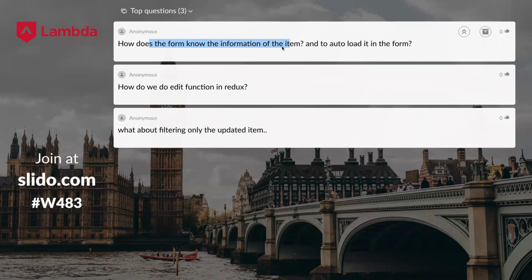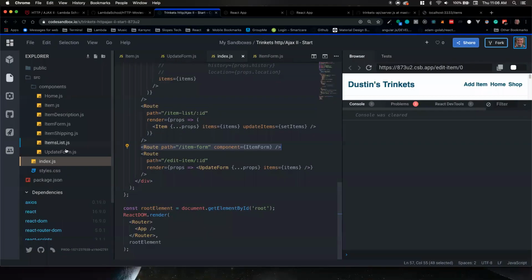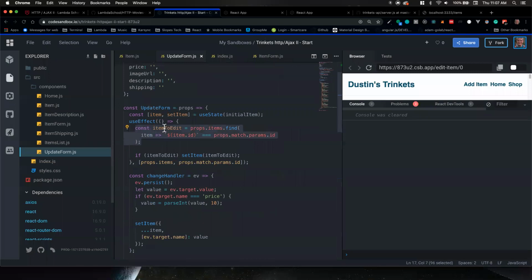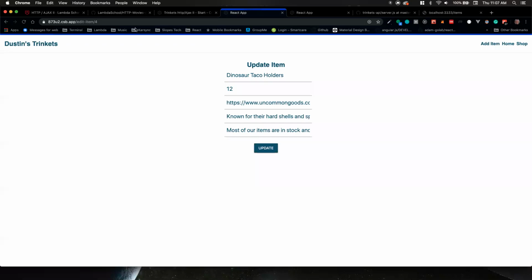How does the form know the information of the item and to auto-load it in the form? Oh, good question. So in update form, we are finding the item that we're trying to edit from the params in the URL from right here. So what's happening is